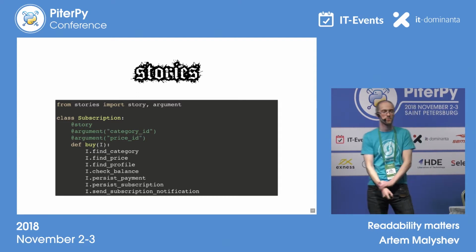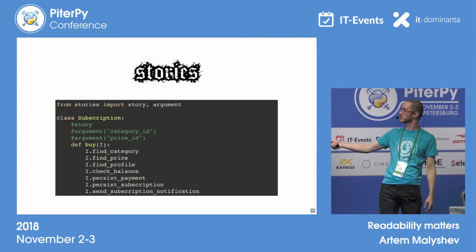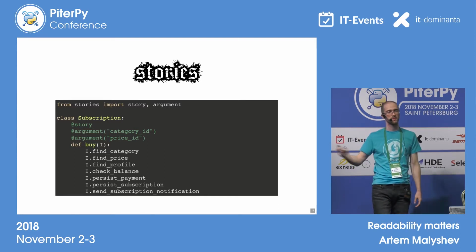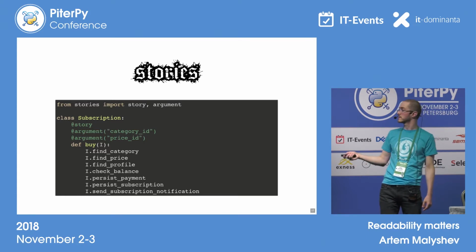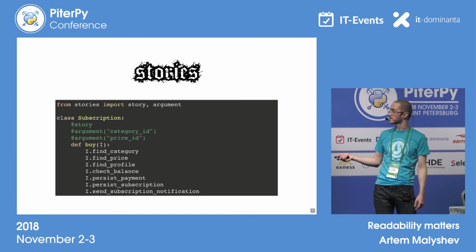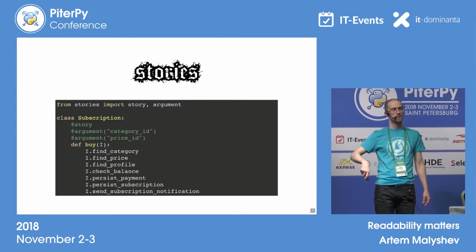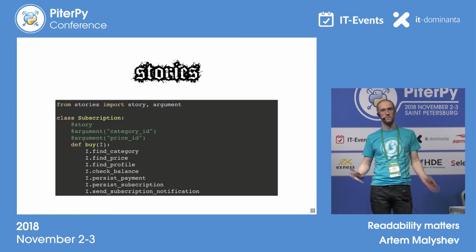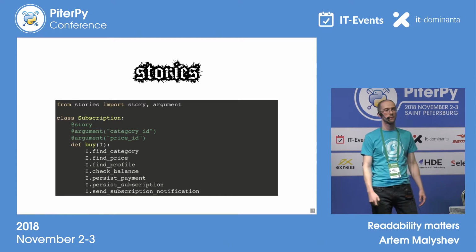What about conditional logic? If you want some conditional logic here, then you develop a sub-story. Every step here from this business object can be either our method or a separate story in itself. If it is a separate story, like a check balance, it can start a bulk of business logic, and if the incorporated story is here, then it will skip itself. The logical transitions are implemented like this.